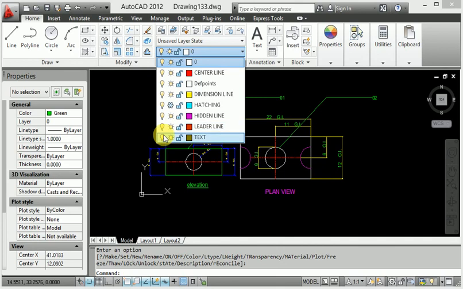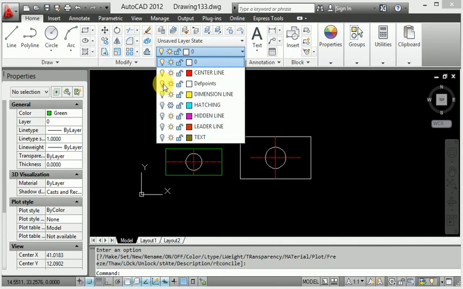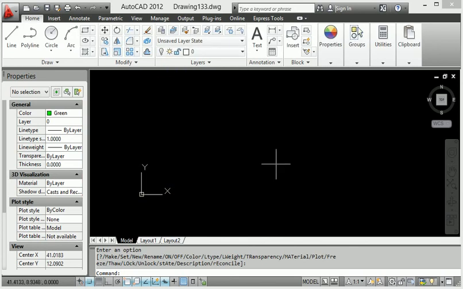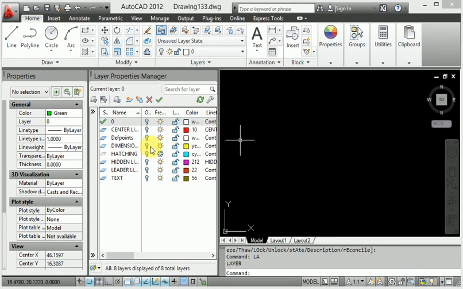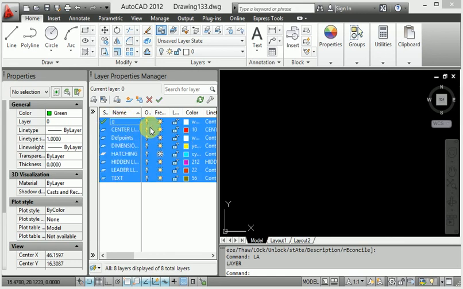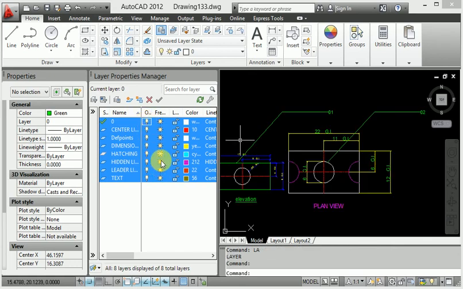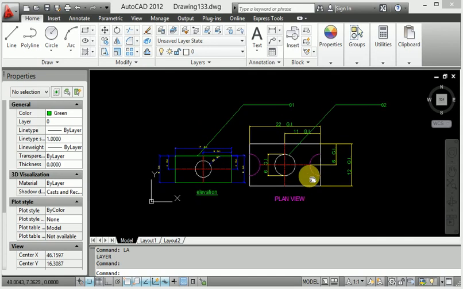Otherwise, if you do not show every rectangle, everything is hidden, then how does it come back at one time and directly? So when you click LA, enter, then click any layer and Control A to select all and go to yes. Everything is open at one time.